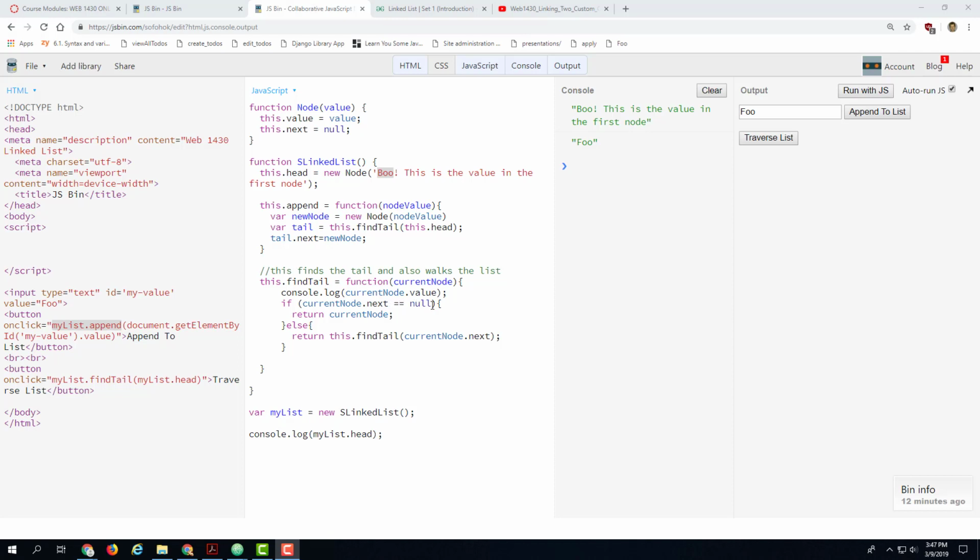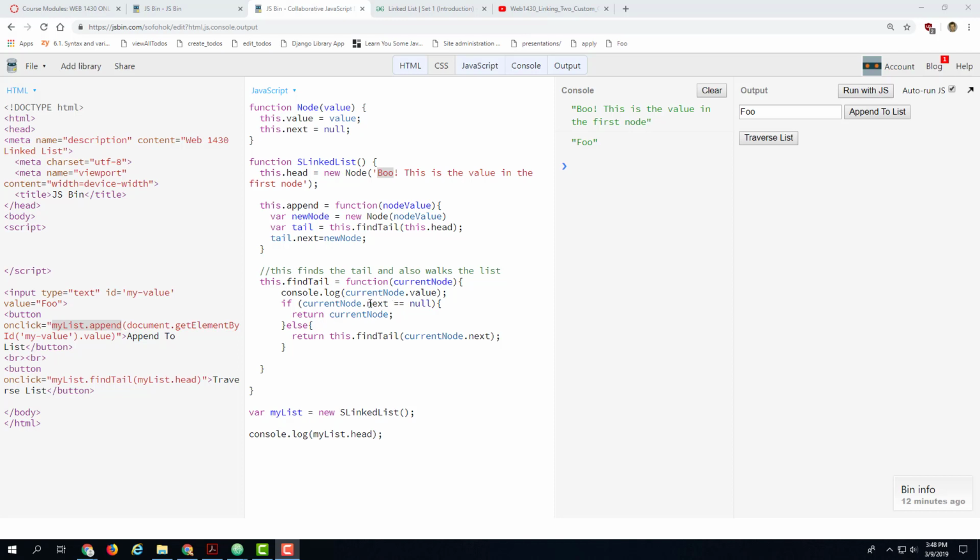If it is null, which it is when there's only one node in the linked list, it would return the current node back up here, saying, okay, the head is the tail. But otherwise, if there are multiple nodes in the linked list,